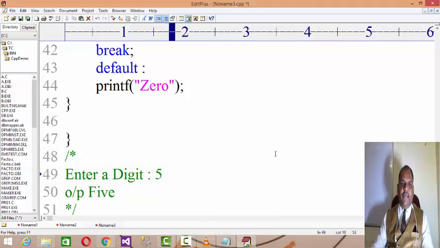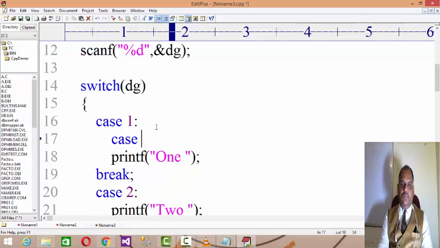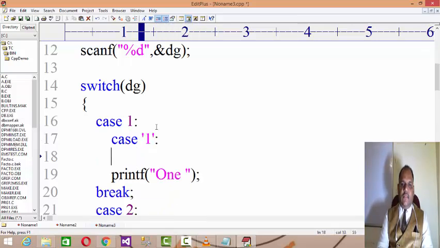Now in the case of switch case, it is not compulsory that all the switch values are of numeric type. Let's say you are scanning the data: case 1 if it is in number format, case 2 if it is an alphabet, case 3 maybe special characters.